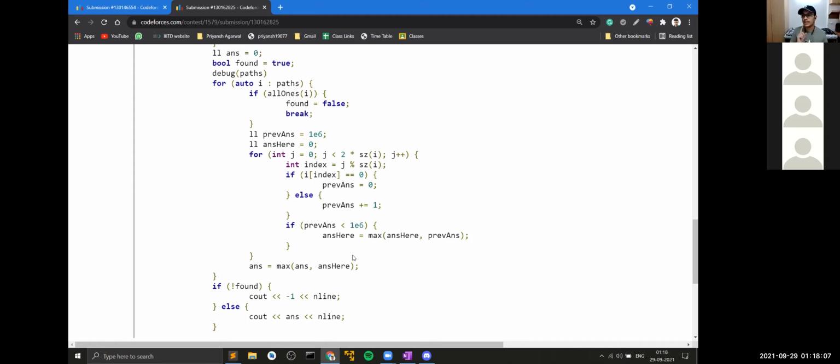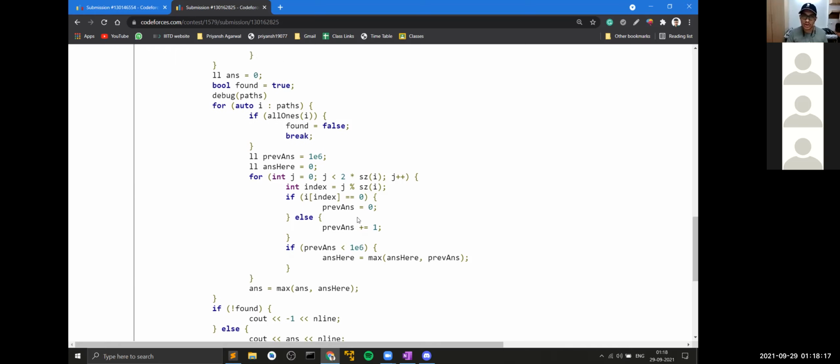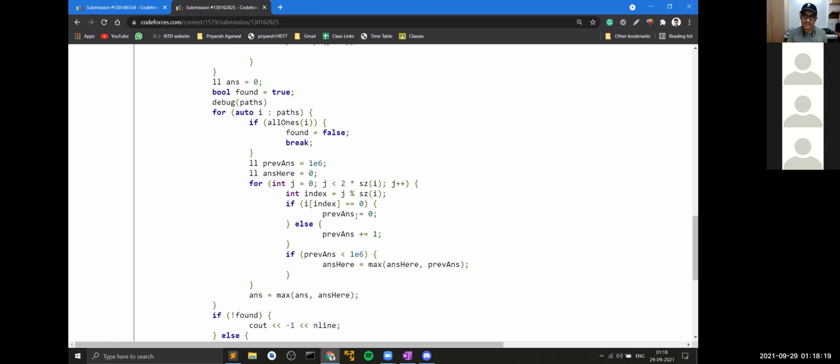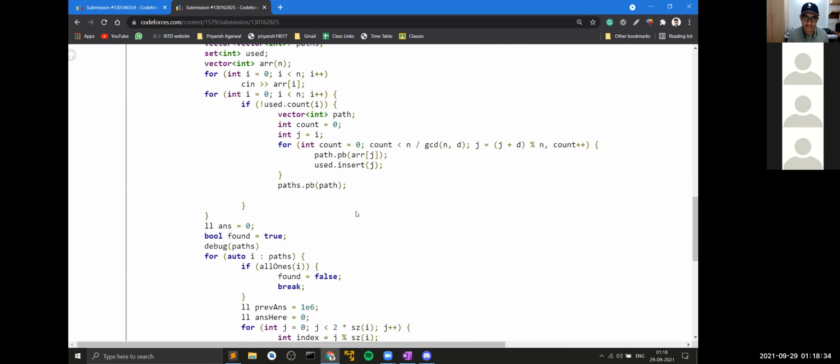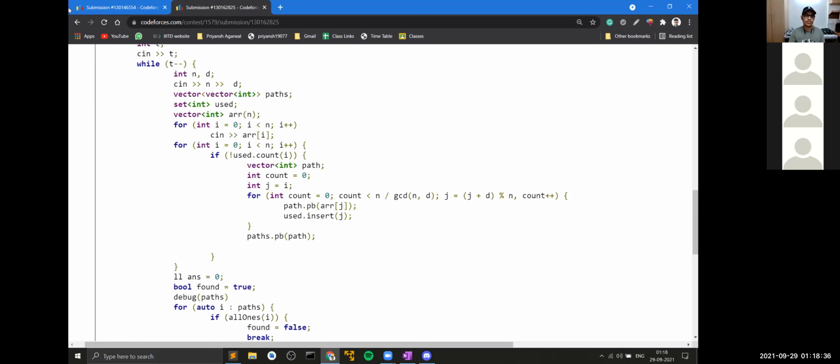Another important thing to note here is that this whole group is cyclic. It is not like a single 1D array, it is a cyclic array. So in order to convert it into a 1D array, you can append this whole array to itself. This is a very common trick that you can use for converting a cyclic array to a single 1D array, and then just treat it like a single 1D array. I hope this is clear to all of you.